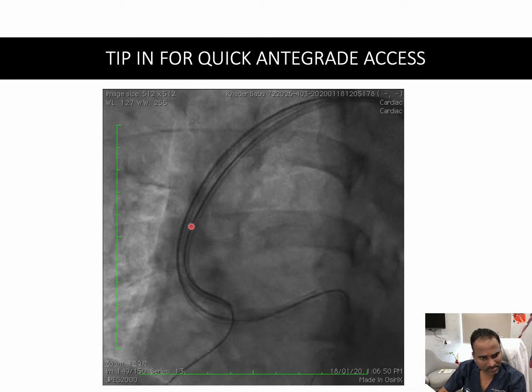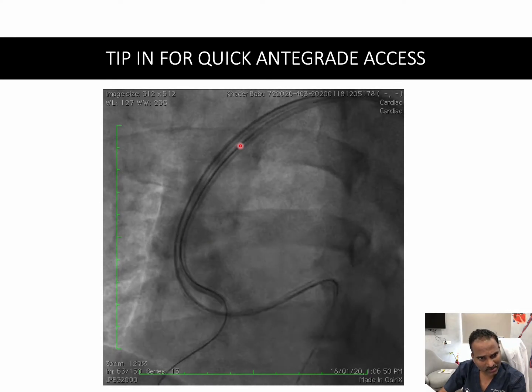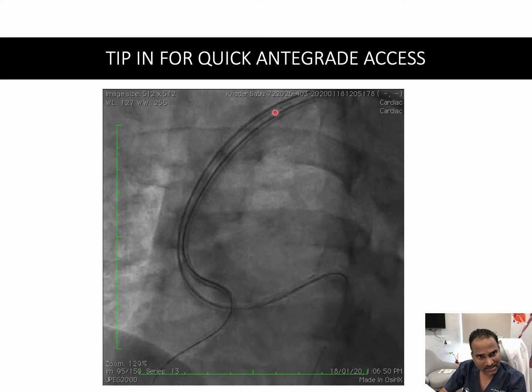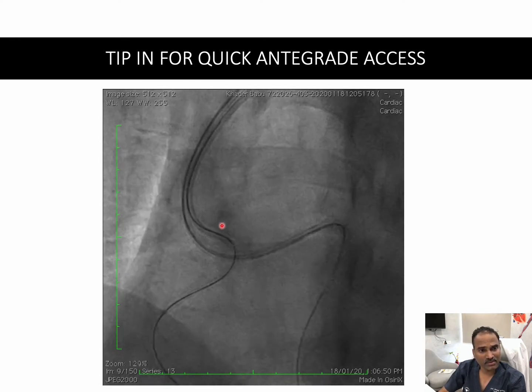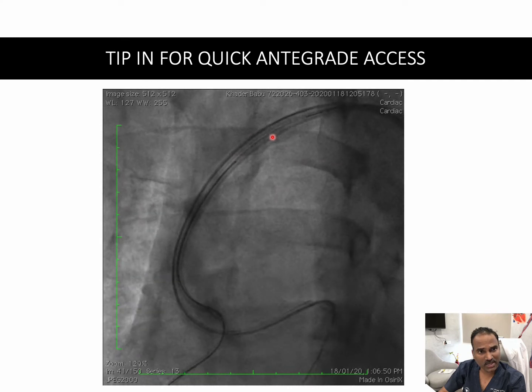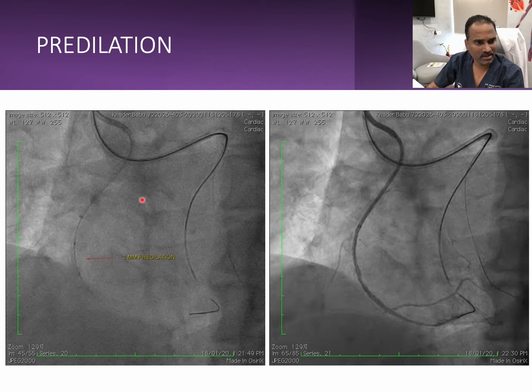You can see this is the tip of the microcatheter, and you can see my retrograde wire is going through the antegrade microcatheter. So once the retrograde wire is into the antegrade microcatheter, you advance the microcatheter over the retrograde wire, and